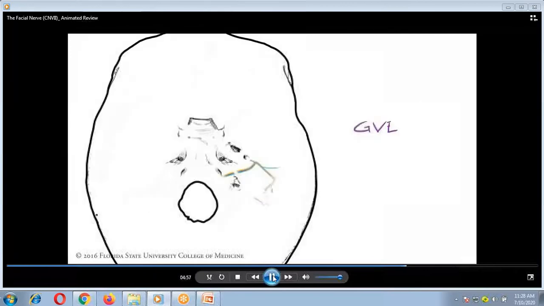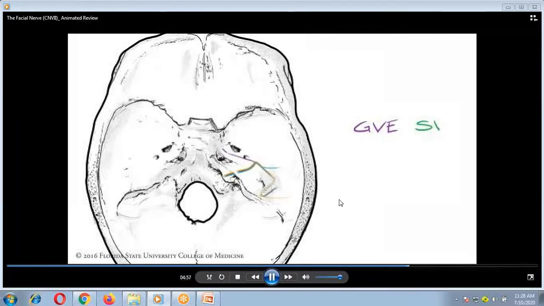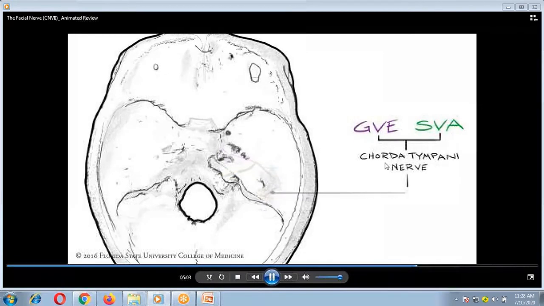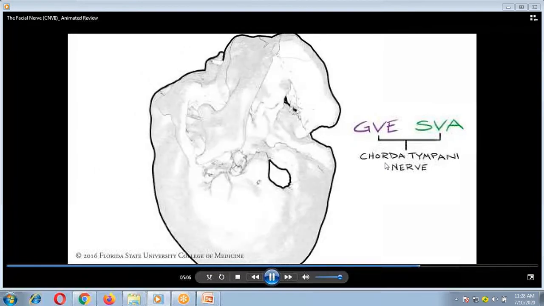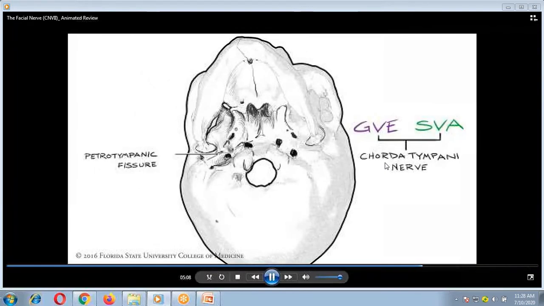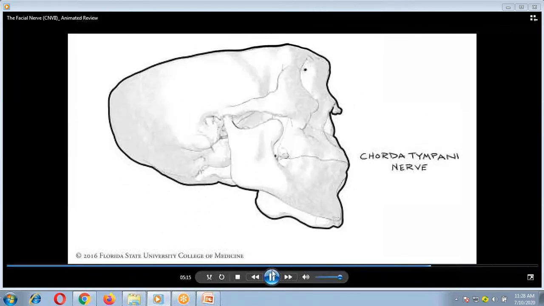The second half of the GVE innervation and the SVA taste sensation combine to form the chorda tympani nerve. Chorda tympani exits the skull by passing inferiorly through the petrotympanic fissure to enter the infratemporal fossa. Here, chorda tympani joins with the lingual branch of